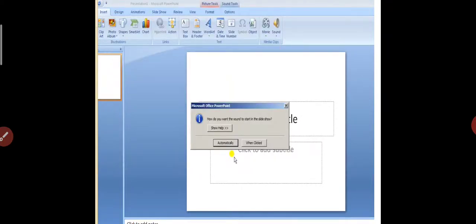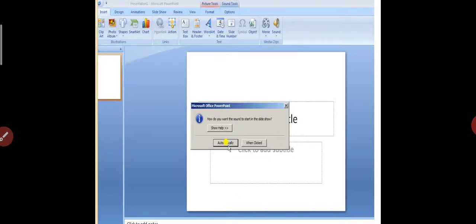As soon as you insert, you get a dialog box having 2 buttons: how do you want to play your sound? First one is automatically, second one is when clicked. What is the difference between these two? Automatically means the sound gets played along with the slide.